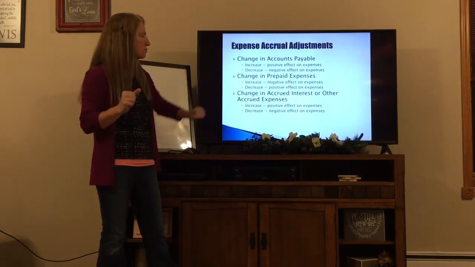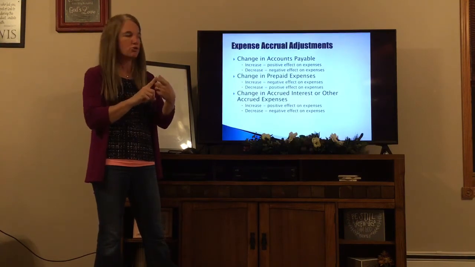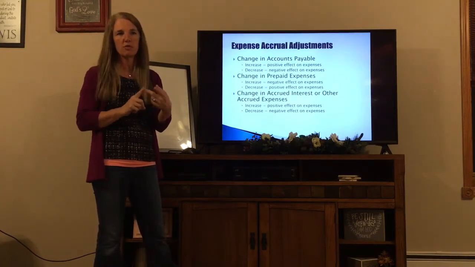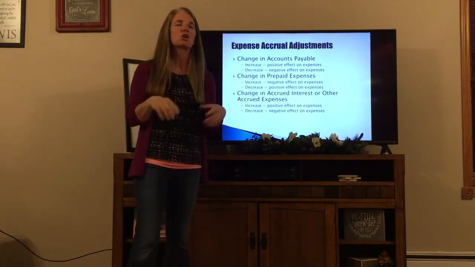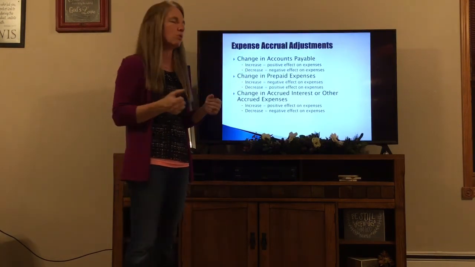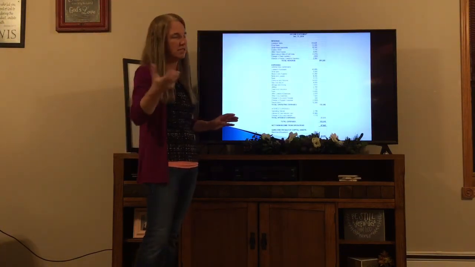The other thing I might have some changes in is other accrued items, which would be accrued interest or other accrued expenses. Accrued interest is the big one. I might have some changes in my interest expenses, so I want to show that that has changed over the course of the year. So as we think about how those fit into our income statement in terms of where they fit,